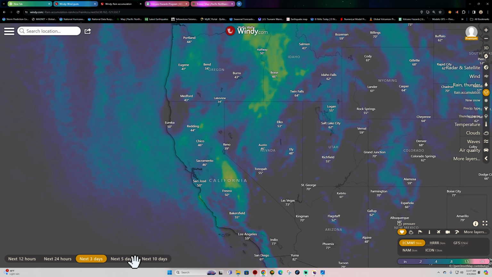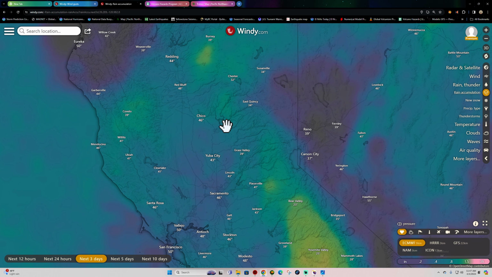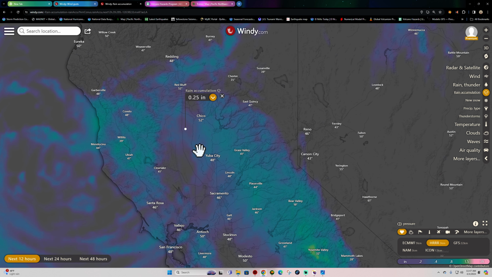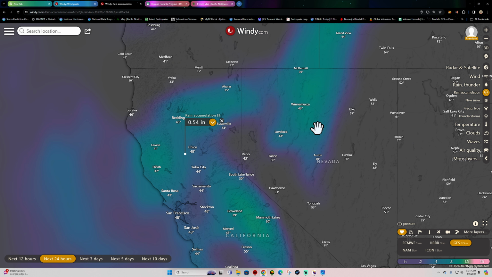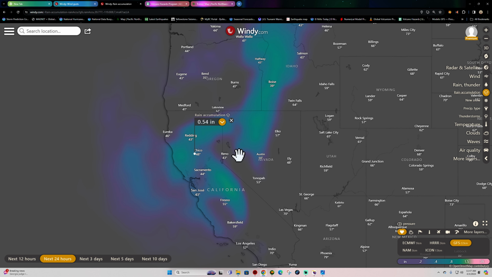Let's see what we got for rainfall accumulation. These guys showing over half an inch. We got a quarter of an inch right now so far this morning. HRRR model showing less than that. GFS model about the same. But hey, either way, we're getting some extra rainfall out here that will help with keeping things a little bit greener. But it's been definitely a nice winter so far.